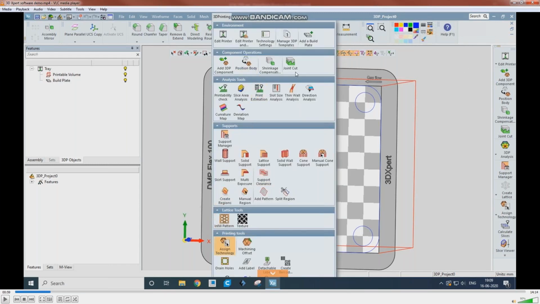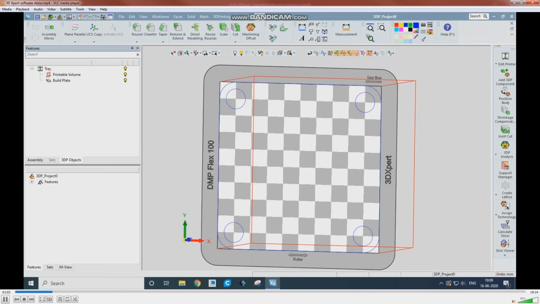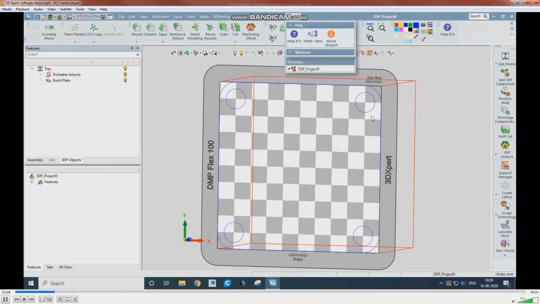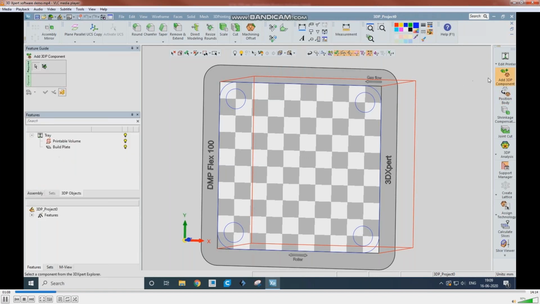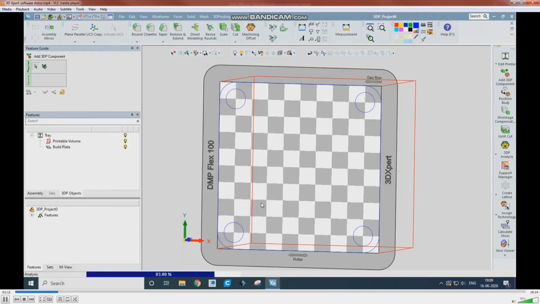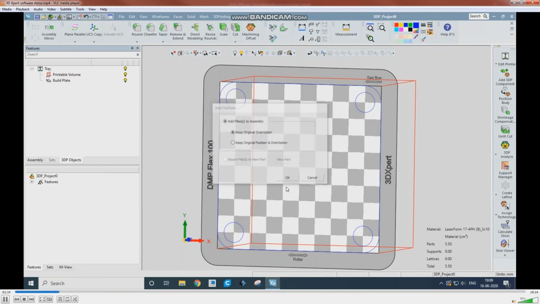Okay, edit printer, add component, and analysis tools, supports, and then lattice tools like infill patterns, and then printing tools. And I'm adding one component for your understanding.